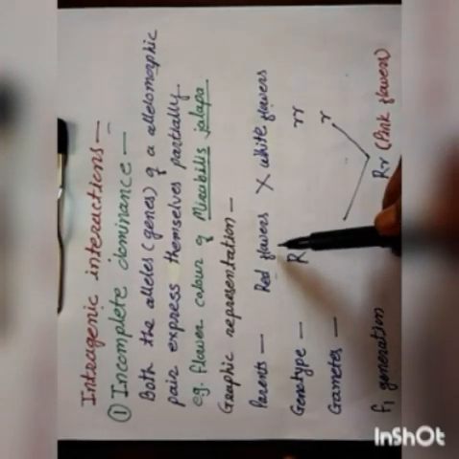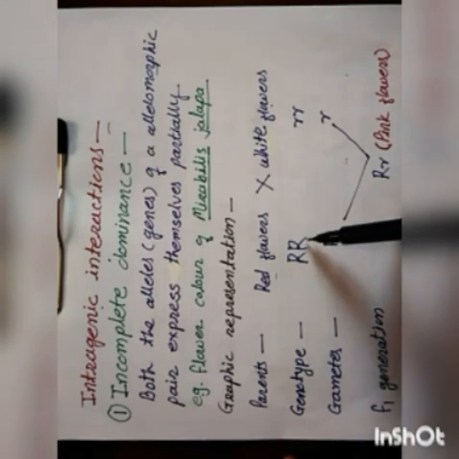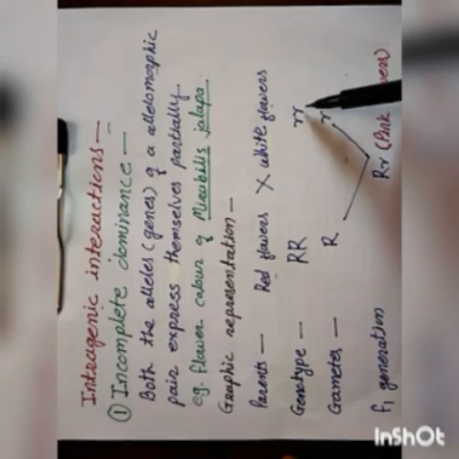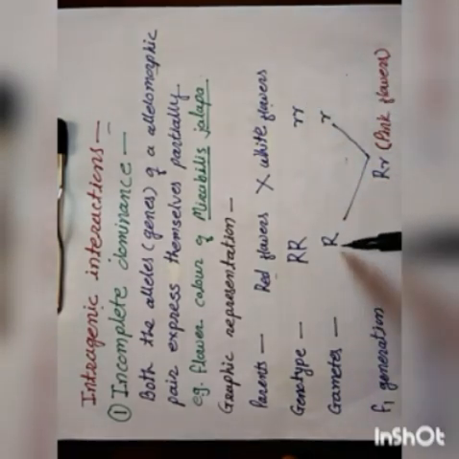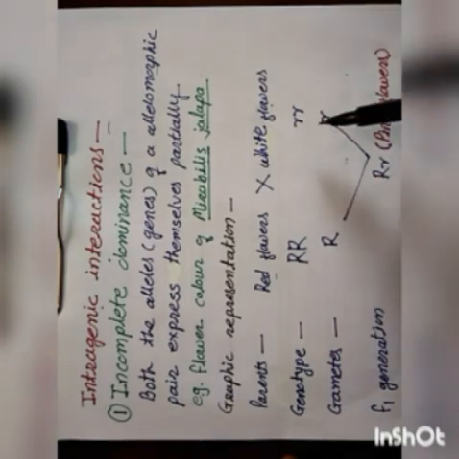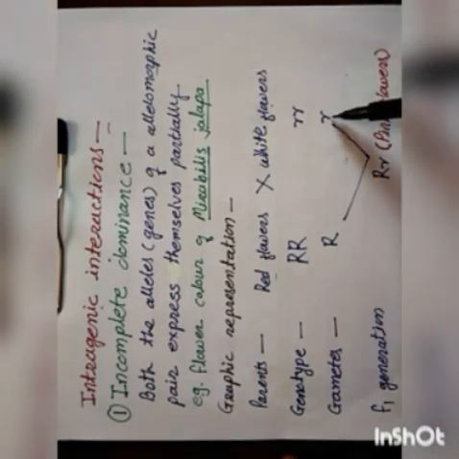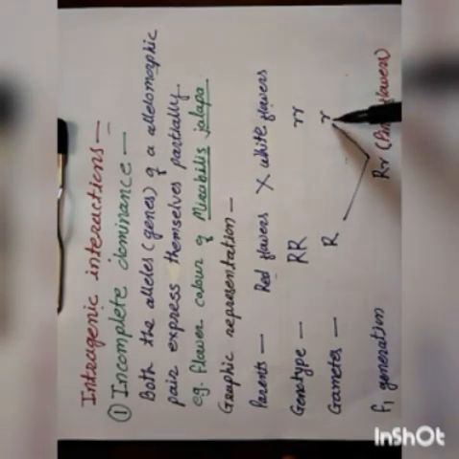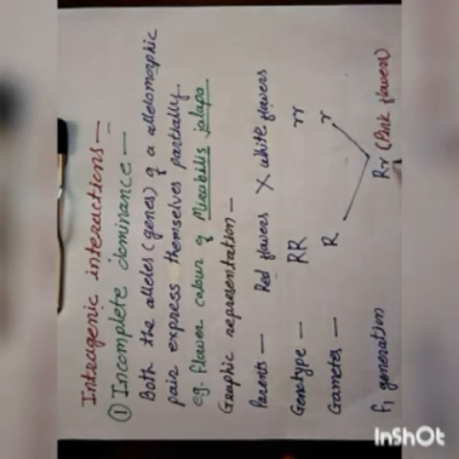The genotype of the red flower is capital R, capital R. The genotype of the white flower is small r, small r. The gametes of the red flower are capital R, capital R. The gametes of the white flower are small r, small r. When capital R unites with small r, the F1 progeny is formed with capital R, small r alleles and